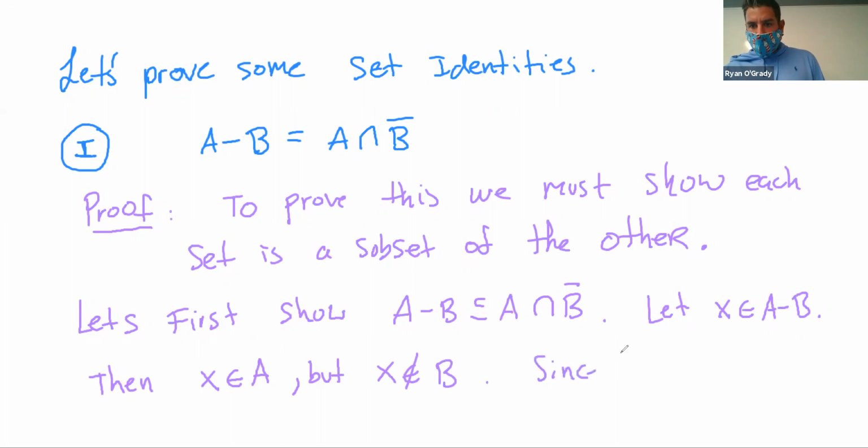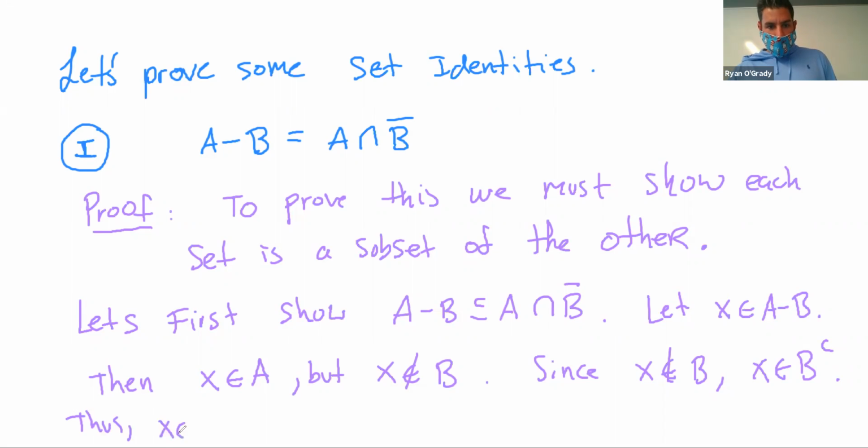Since X is not in B, X must be in the complement of B. That's the definition of the complement. And thus, X is in the intersection of A and B complement. And we've proven that A take away B is clearly a subset of A intersect